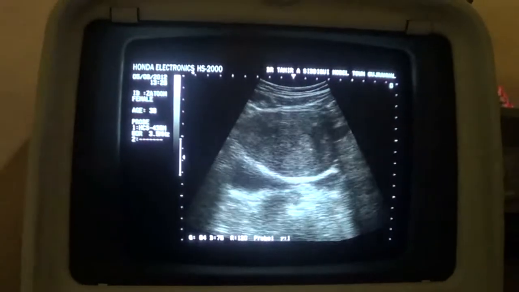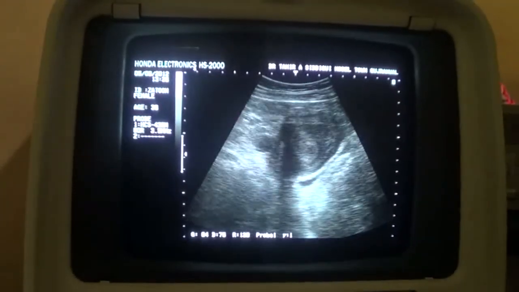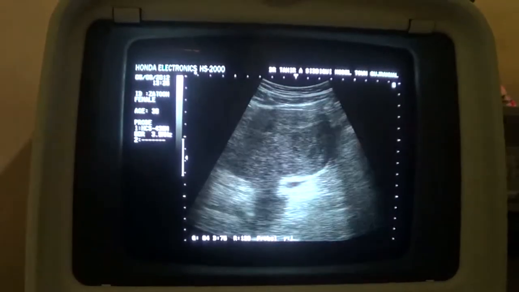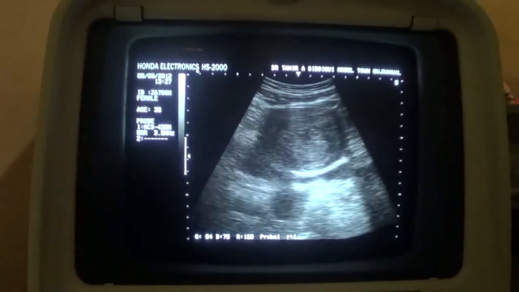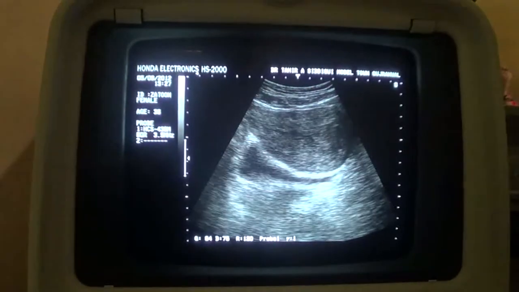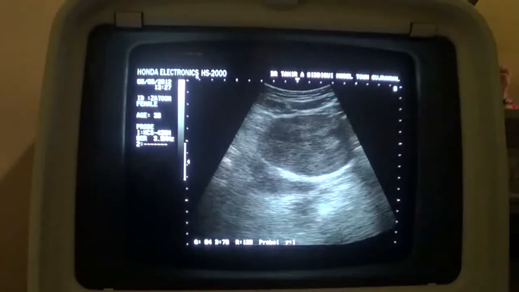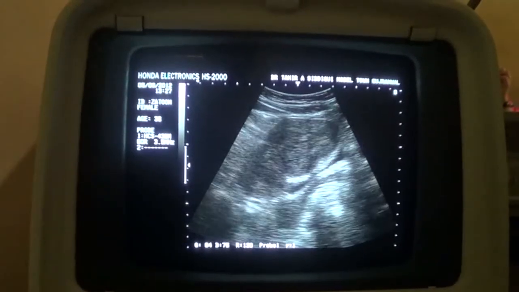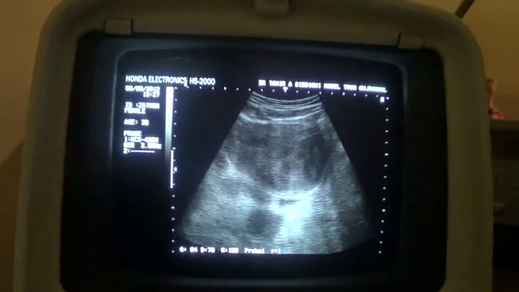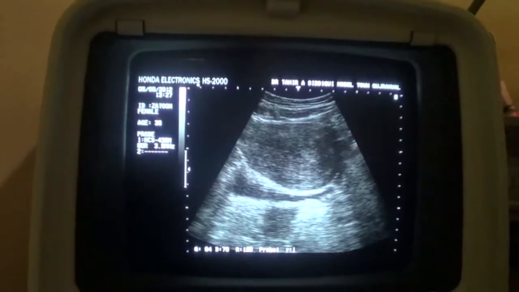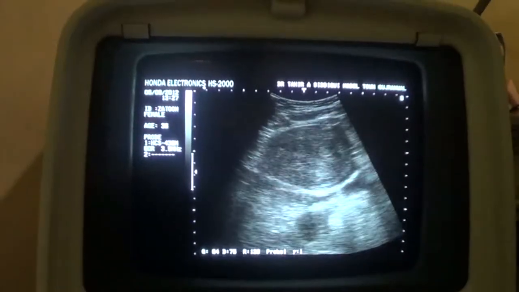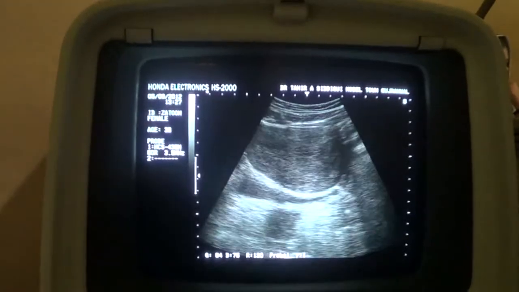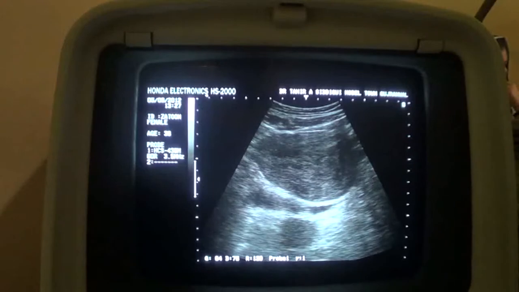Now this is the layered-out echogenic material seen extending from the pelvic cavity into the region anterior to the urinary bladder in the pelvis, and it measures approximately